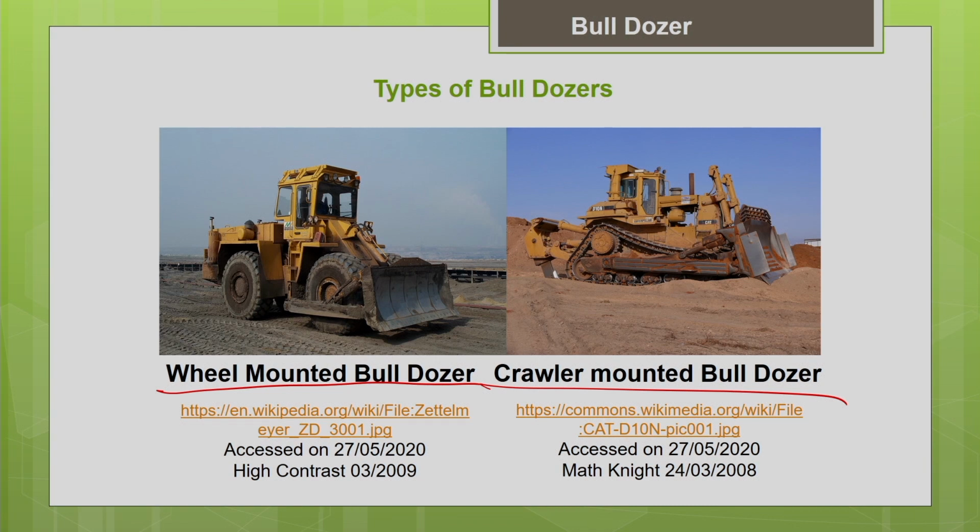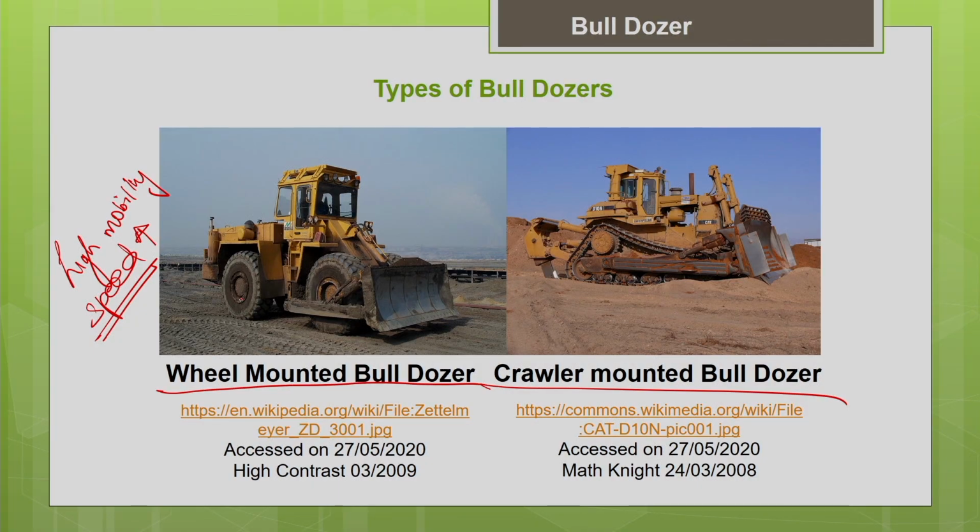If you go for a wheel mounted bulldozer, the main advantage will be its mobility. It has very high mobility, I mean the speed will be very high with wheel mounted machines. But with a crawler mounted machine, there is a restriction on the speed. You won't be able to realize the similar speed that we get with tire mounted machines. Another important thing is that you can easily mobilize the wheel mounted machine. Mobilization is easier.